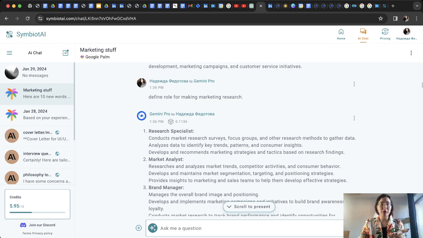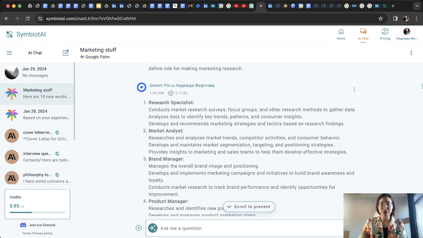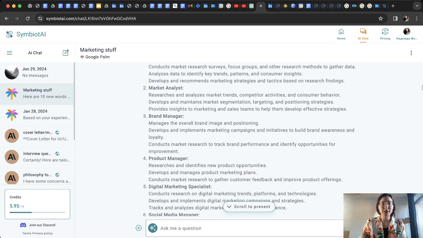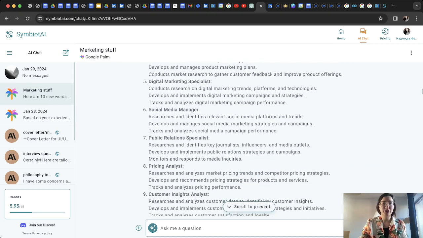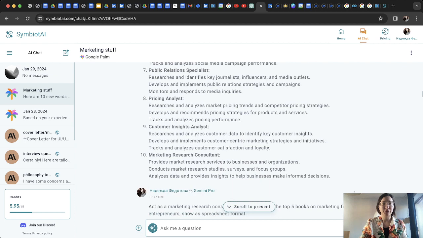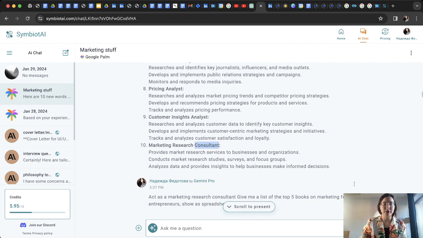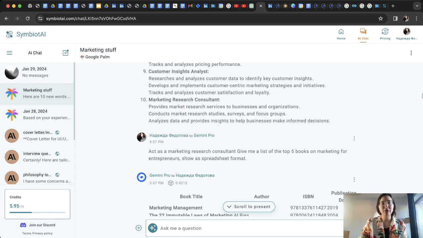And after this prompt, we got a very specific answer. So we have research specialist, market analyst, brand manager, product manager, digital marketing specialist, pricing analyst, customer insight analyst, marketing research consultant. And this is what I choose. So right now I understand that marketing research consultant fits me. So I'm trying to write my prompt starting with: act as a marketing research consultant. And